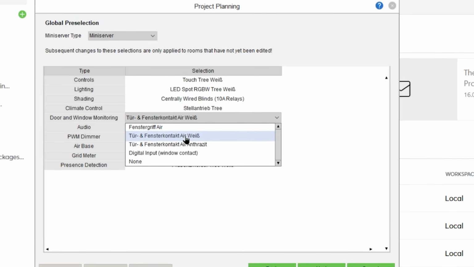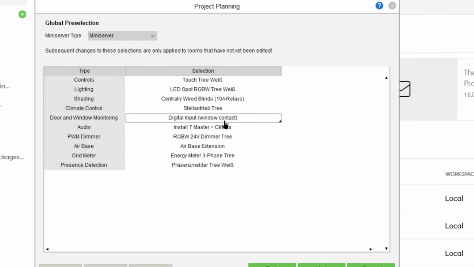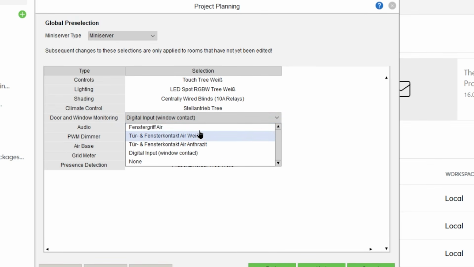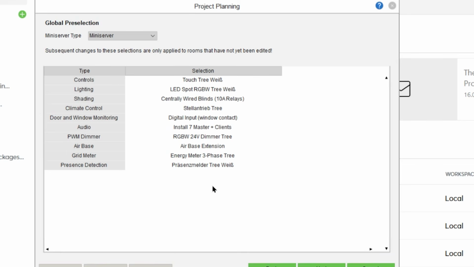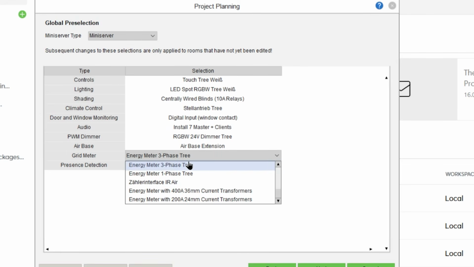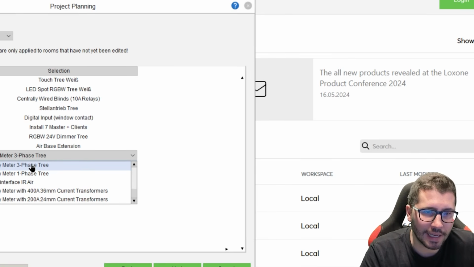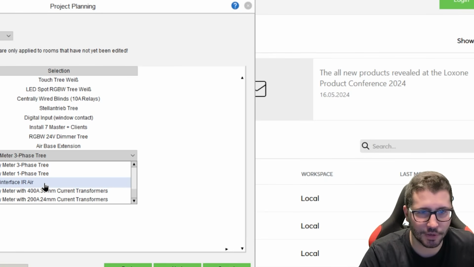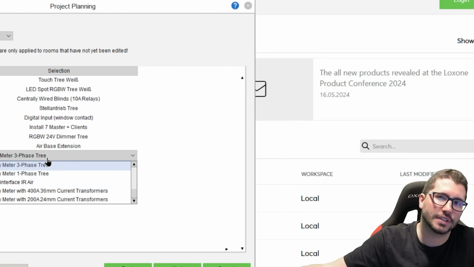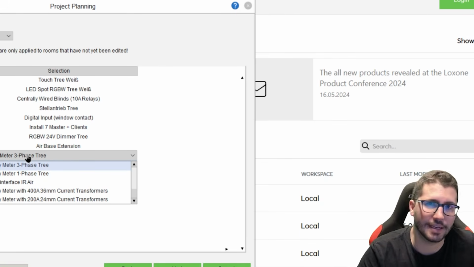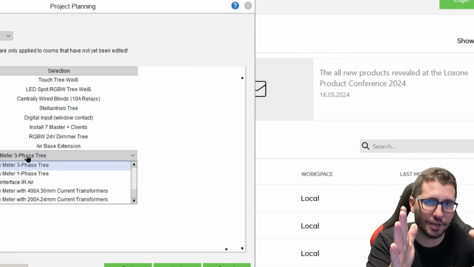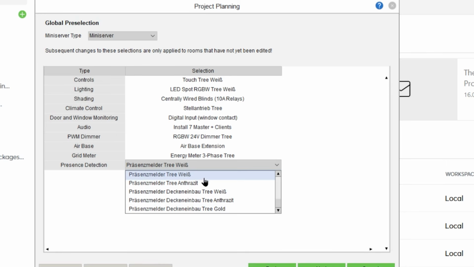Window and door contacts. Should it be integrated ones inside of the window, invisible, or should it be the Loxone window and door handle on Air, wireless, or the wireless contact? Audio, let's go for master client. It's awesome. Dimmer, Loxone Dimmer Air Base. Then we might or might not need a grid meter in case you have a photovoltaic system. Then you most likely, from Fronius, Huawei and all the others, can typically read the smart meter's data via Modbus TCP network commands, so then you do not need a dedicated Loxone meter in addition, because both would measure the same thing. Presence sensors, should they be surface mounted or should they be